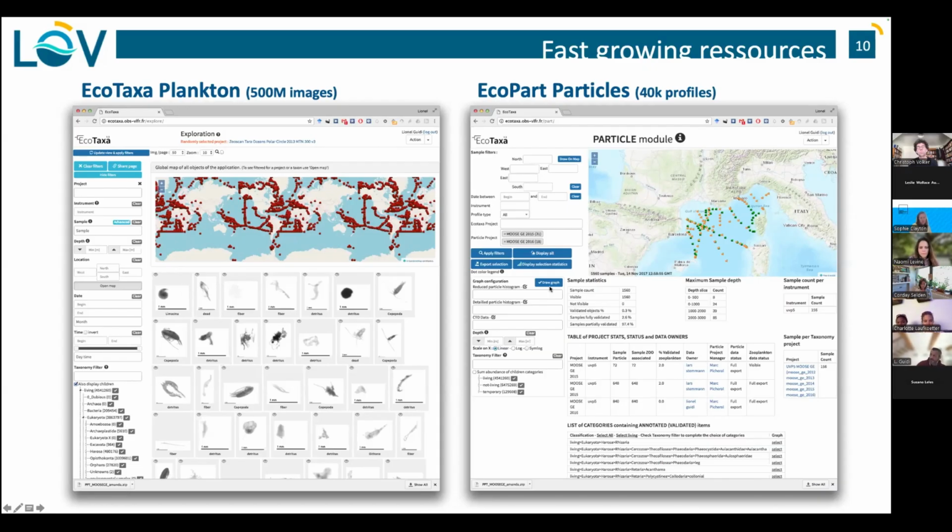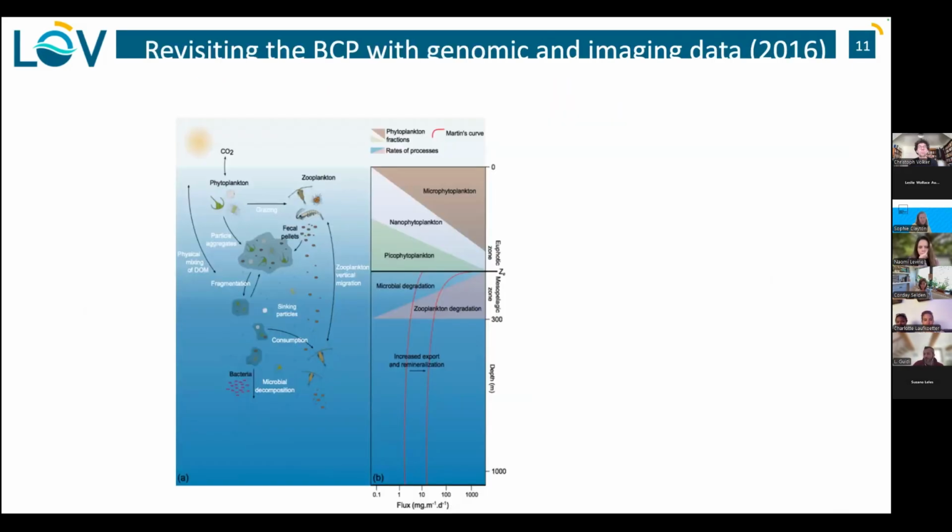And on the side of them, we developed an ecotaxa part, which is related to another instrument, the optical instrument that allows us to measure fluxes. I'm mentioning this because when you go back to the question from the beginning, the plankton and the biological carbon pump, you have to have the two. You have to measure the fluxes and you have to know what organisms are present. You can do it by omics or you can do it by images.